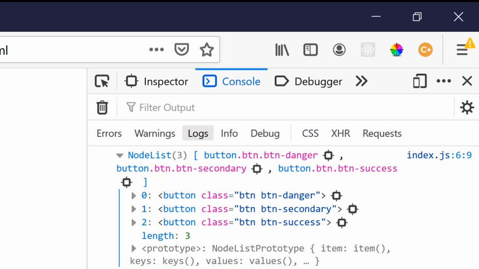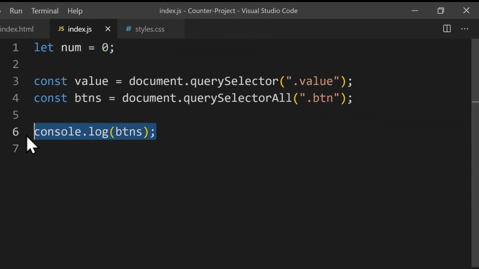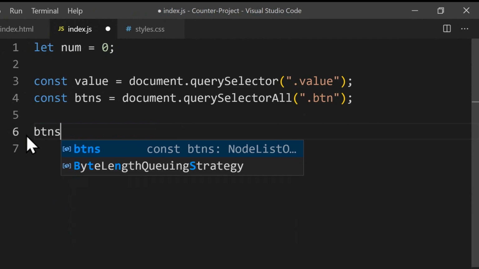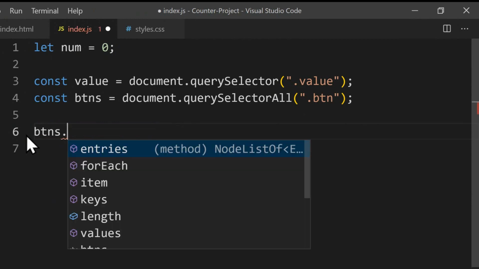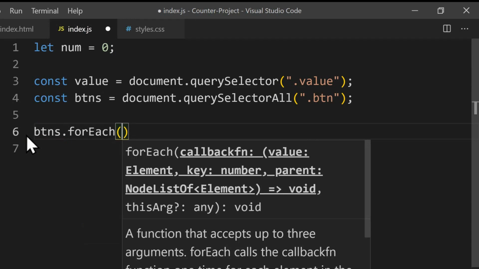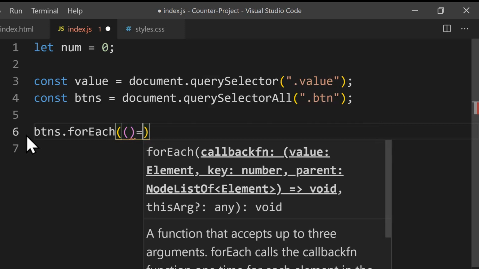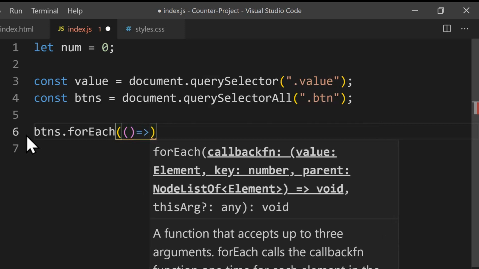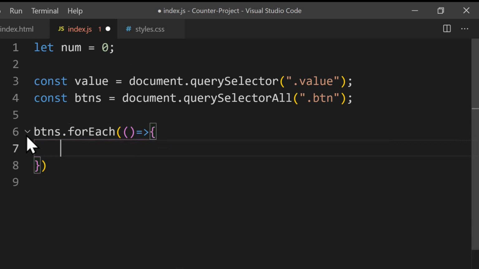So let's go back to the VS Code. We delete this console log and we write btns dot for each. We open a set of parentheses and we write an arrow function here. So we open a set of parentheses again, write a fat arrow, and we open a set of curly braces. Inside this set of parentheses, we can have access to all the btns. We write here btn, and if we console log the btn,